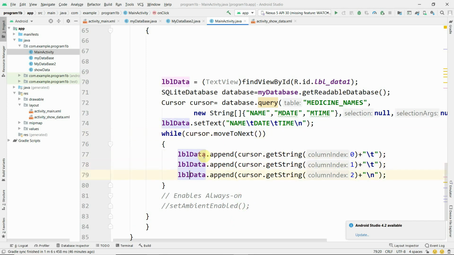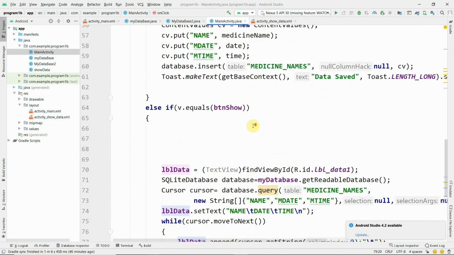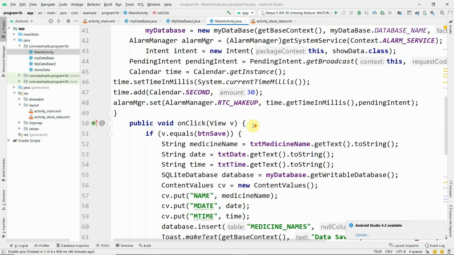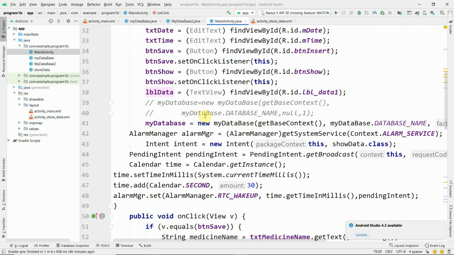Here also we are going to show the data. Otherwise, using alarm, that is when the medicine date is equal to the current date, the alarm will be triggered. For that purpose we are getting the current date and time, and we are triggering the alarm by using a PendingIntent object.